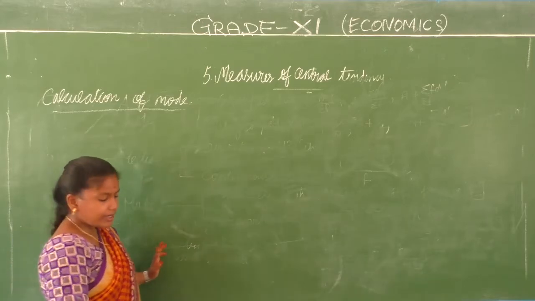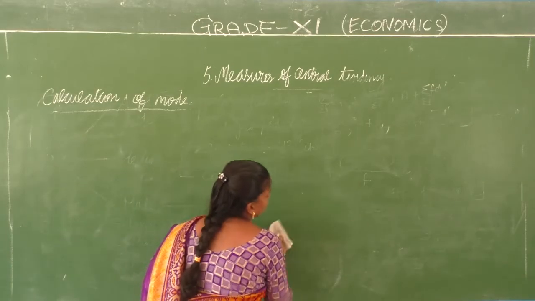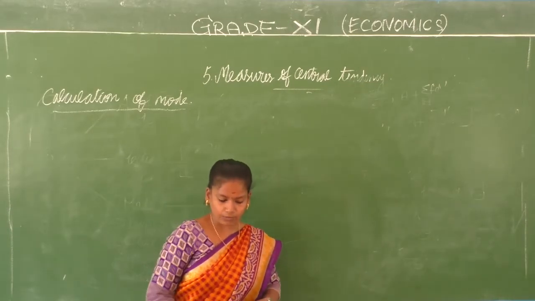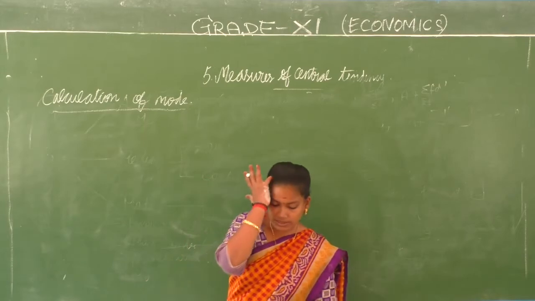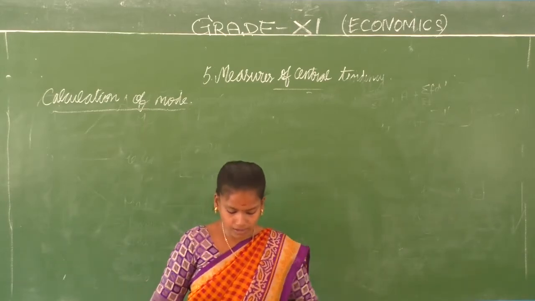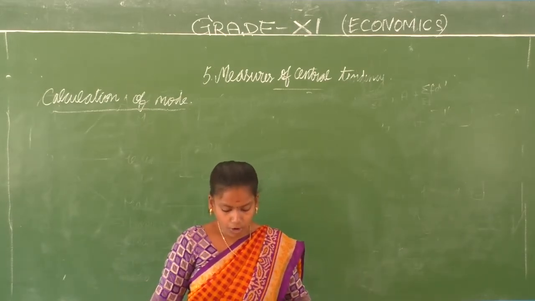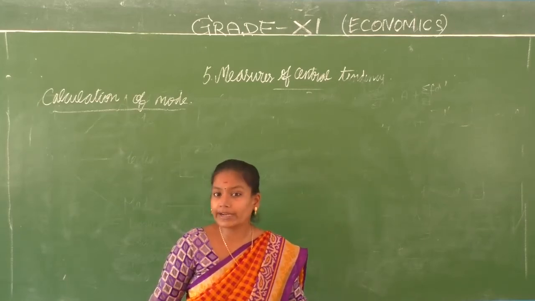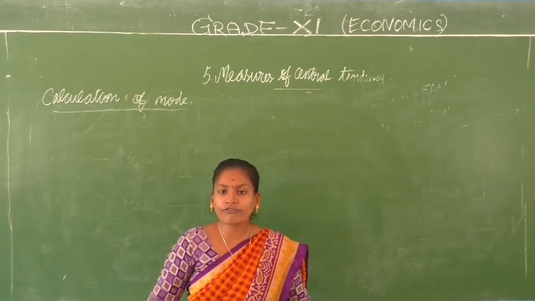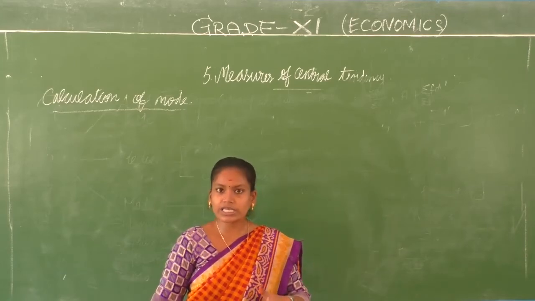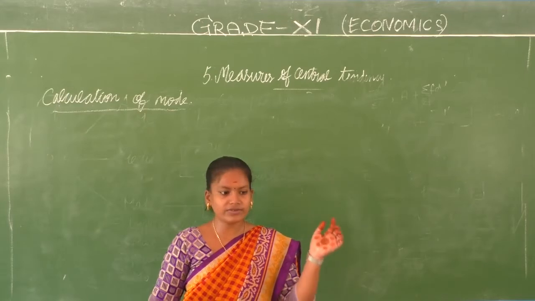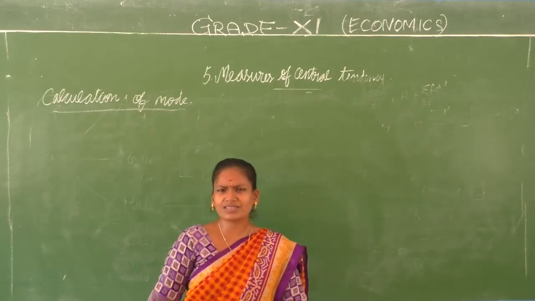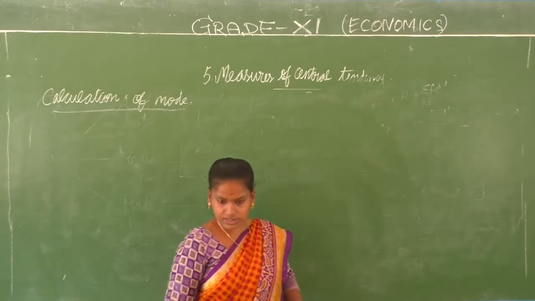We know the formula. So first we need to find the right values. We need the frequency. What is given here? Calculate the value of the modal worker family's monthly income from the following data. They have given you cumulative frequency. Now it's your turn to find the frequency. Usually they give us frequency and we find the cumulative frequency by just adding. Here they have given us cumulative frequency and you are going to find the frequency. Very simple. Instead of adding, you are going to subtract.